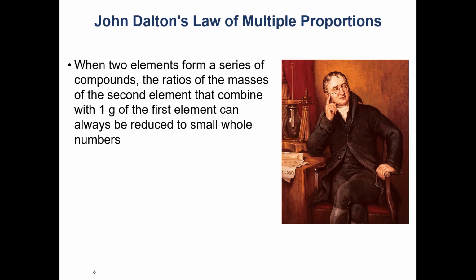The law of multiple proportions tells us that when 2 elements form a series of compounds, the ratios of their masses can always be reduced to small whole numbers. So for example, if we have something like carbon monoxide and carbon dioxide, the ones that don't have anything written there are understood to be a 1. So we have 1 carbon and 1 oxygen, 1 carbon to 2 oxygens,